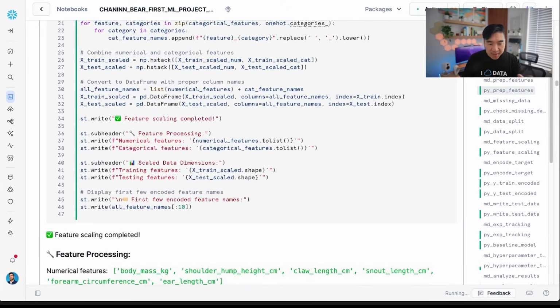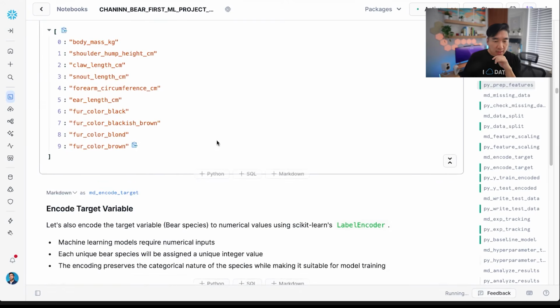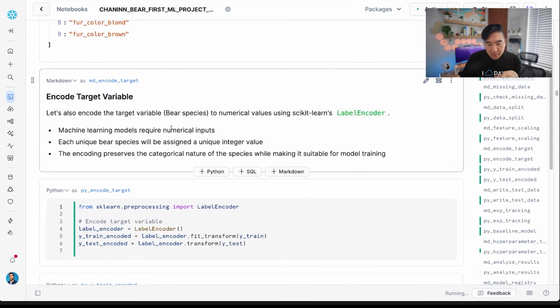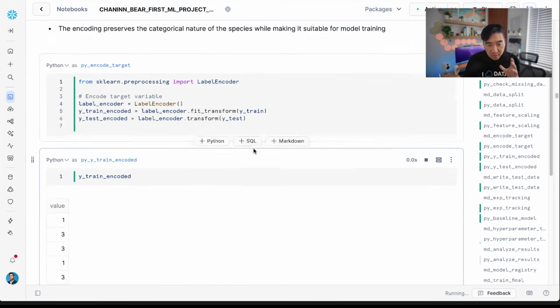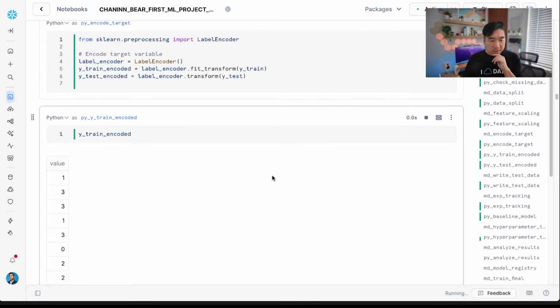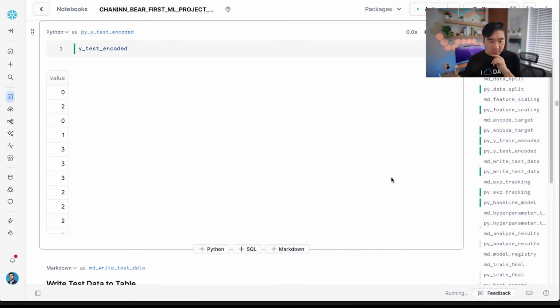We're performing feature scaling here, as already mentioned, to make it comparable. And we're encoding the target variable. So instead of having it as American Black Bear, we're going to change it to 0, and then the next one will be 1, 2, 3. So it will be changed to numerical values, which is favorable for the scikit-learn machine learning package to use for its prediction. As you'll see here, this is the encoded value for the training set above, and for the testing set here,